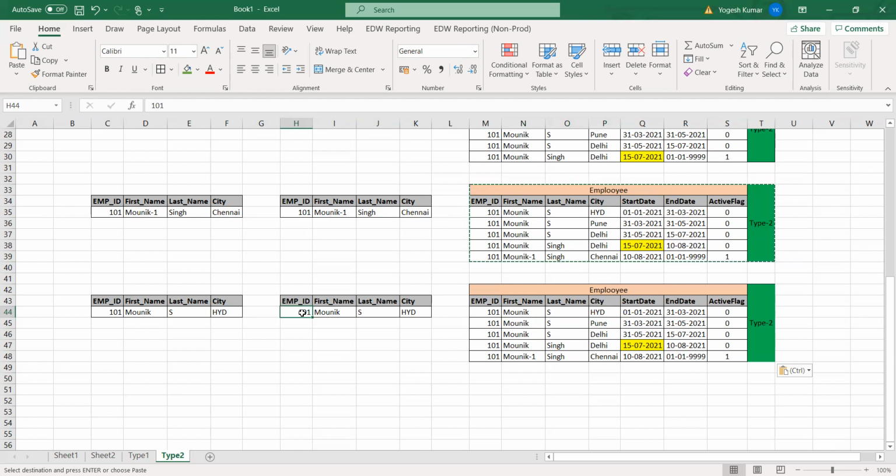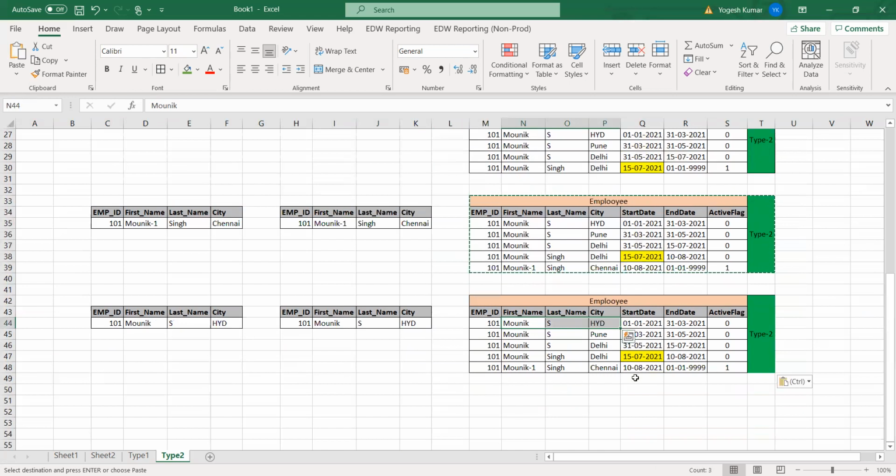See how you update the history, how you maintain the history. What is the logic? The logic says first we compare the employee ID. Does the employee ID exist? Yes, it exists. Then it will compare the data of the columns. If the data is the same, then we don't do anything. Yogesh, we'll compare with the last record only, no?